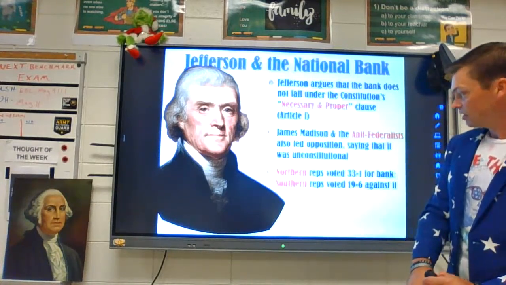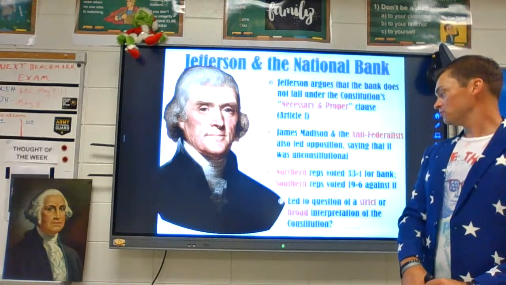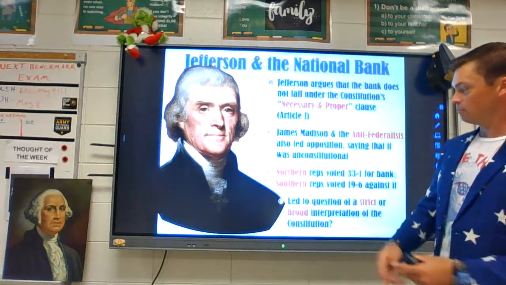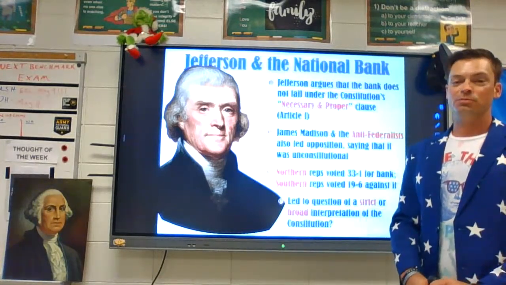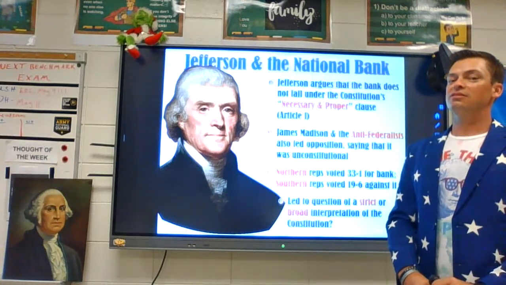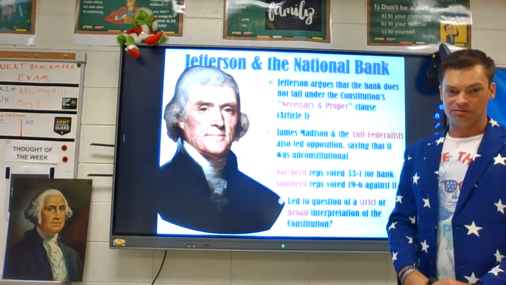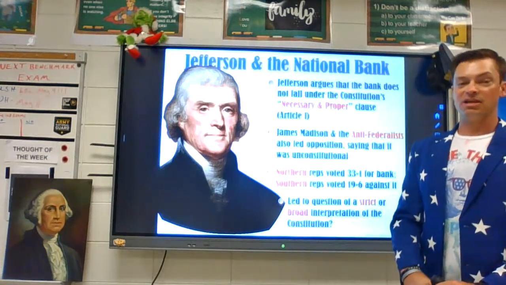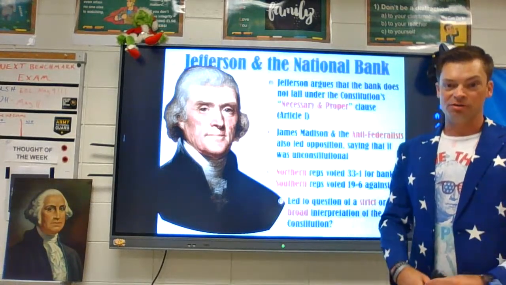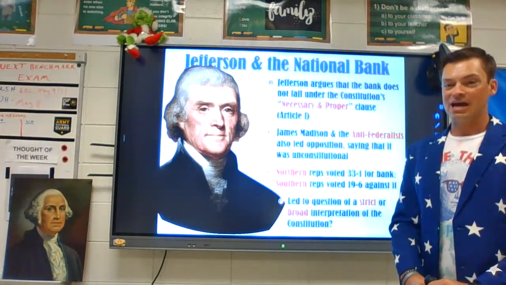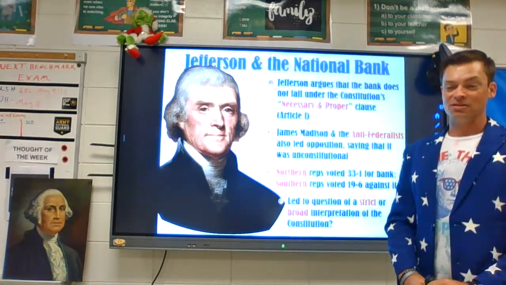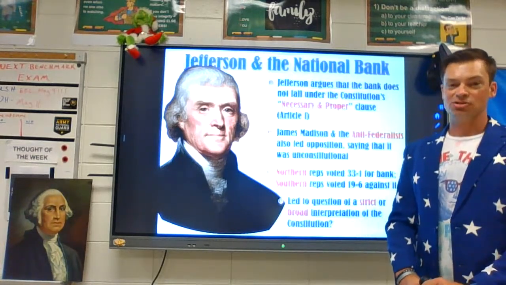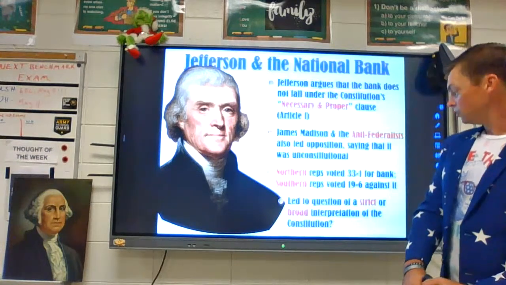Well, let's take a vote. The vote is that Northern reps voted for the bank, Southern reps voted against the bank, but by the numbers, the bank is created because more people voted for it. So we're beginning to see the divide by section here, right? There's a northern section that believes one thing and a southern section that believes another thing. And fast forward 130 years, and we're going to see north versus south in a totally different way as well. So even though we're not on the verge of a civil war here, we can see the seeds being planted for sectionalism, and we can see a divide between north and south.